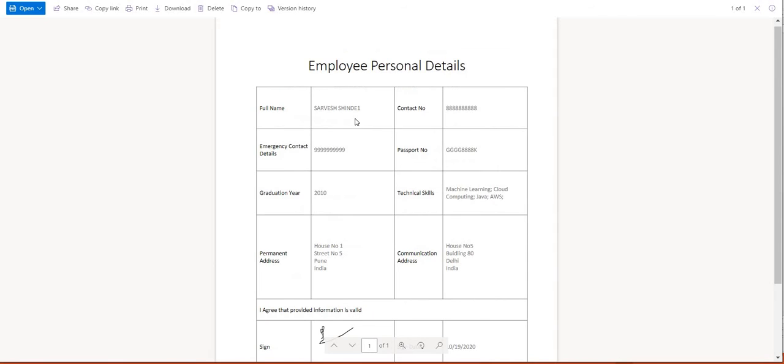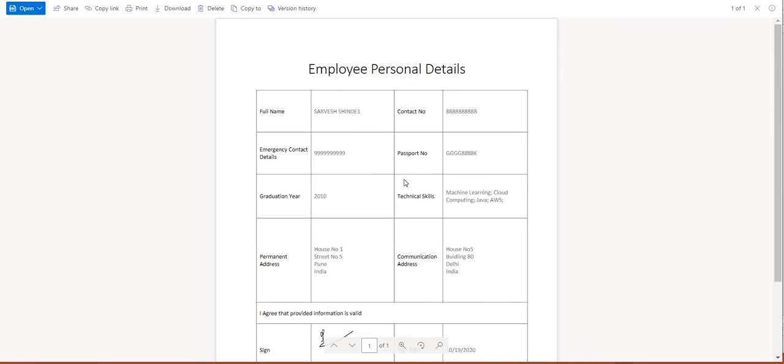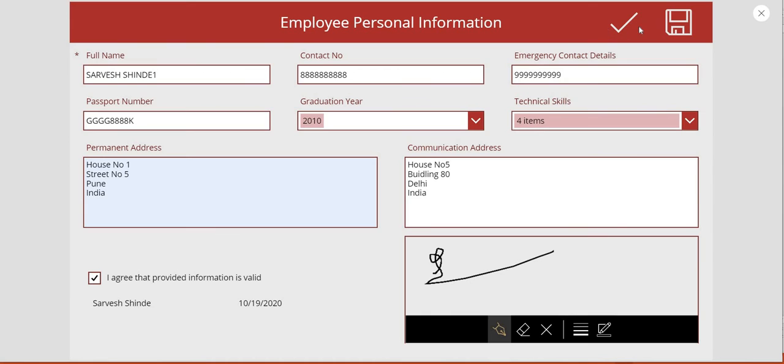If I zoom in, all the details are filled in, whatever was there in the Power Apps form, with the signature and signature date. The functionality will work the same for both options, whether you use the free option or go with the paid version using Word Online connections. So let's go ahead and see the details of both options now.